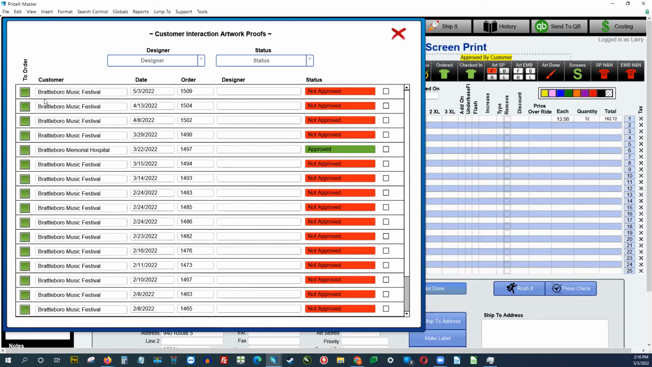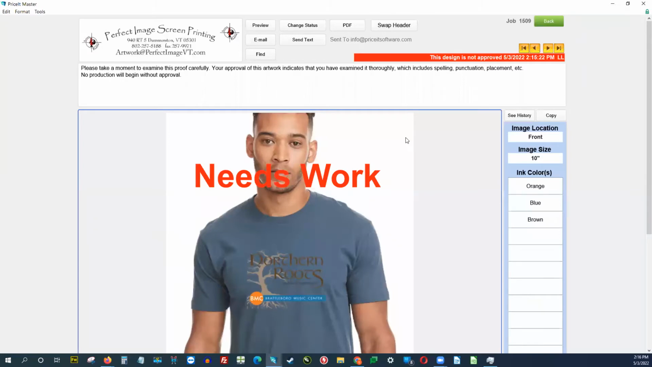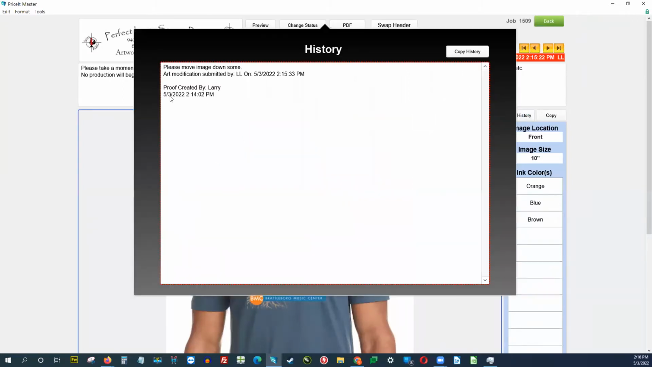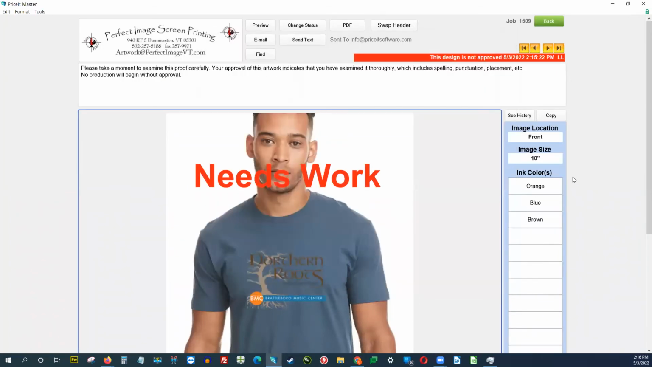The artist can simply come in here, go to the order, click on this red button here, needs work. Well, what do you mean it needs work? They may say. Let's look at that history. Please move image down some. Now they know what they need to do. They don't have to go looking through emails and things like that could get lost. So then they begin the process of re-uploading it and getting it approved, which is pretty straightforward as well. So moving on,